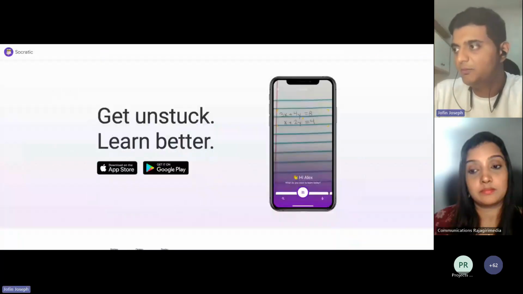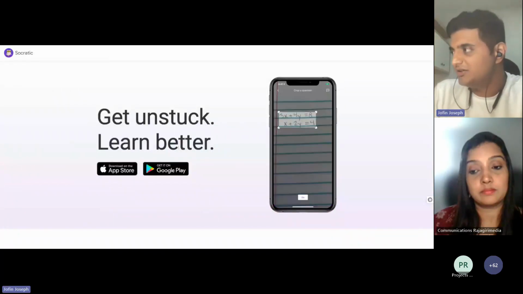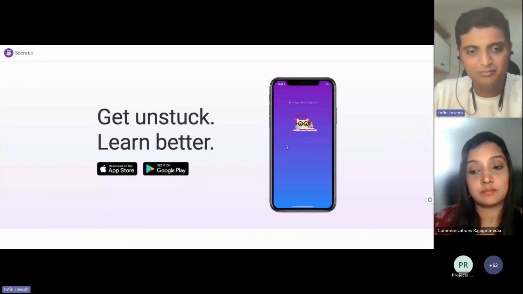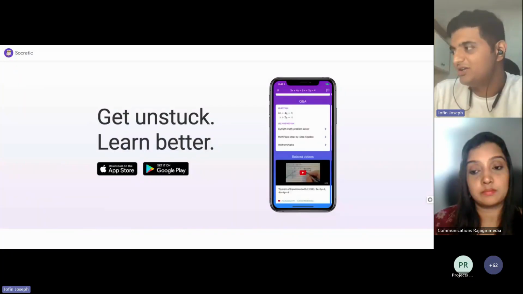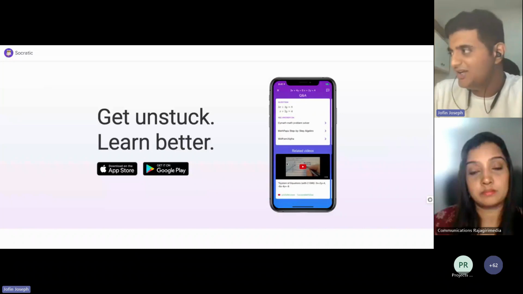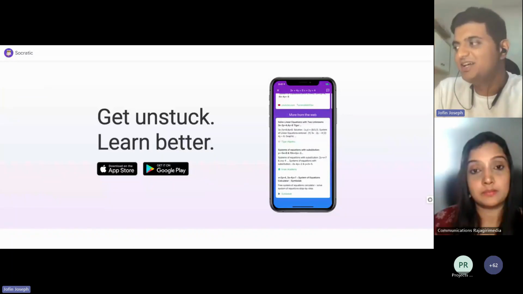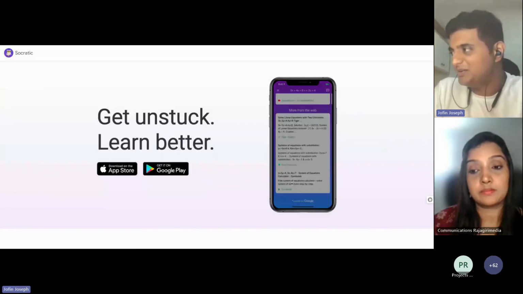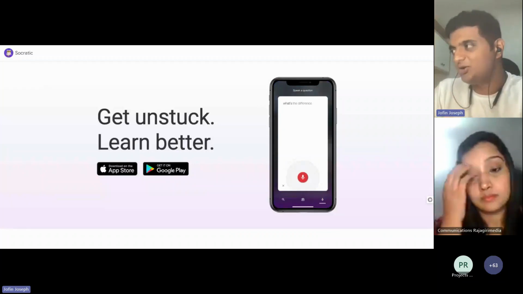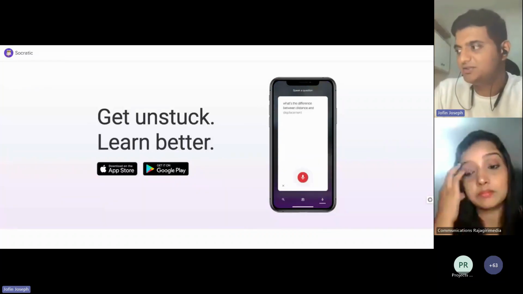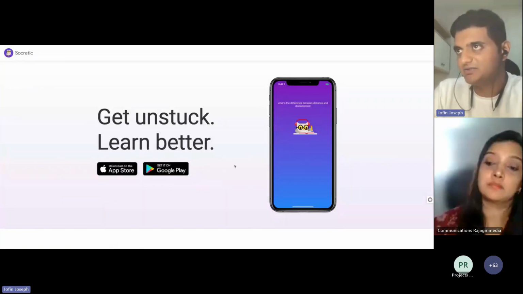So if you can see the demo here, you can simply click a picture of a problem on the paper, and it can basically give you how to solve it, right? All the answers on how to solve it. Any algebra, arithmetic questions, and all those good things, it can actually solve it. So it's available as an app, etc.